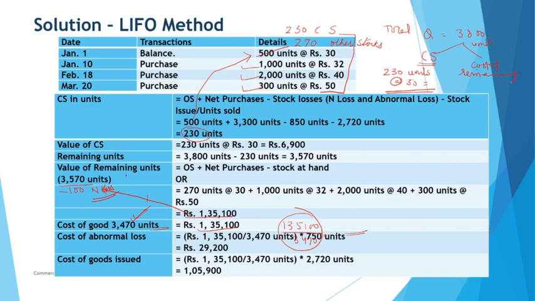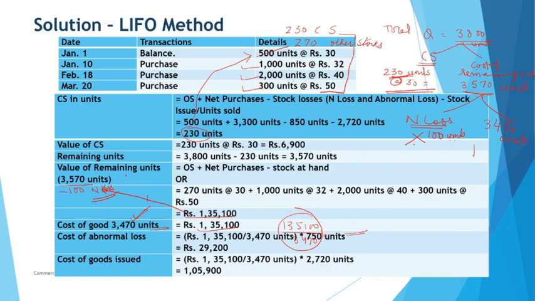Now how many units are remaining? So out of 3800 units, 230 units are left with us. That means 3570 units are remaining units, for which we are to find out whether these have moved out of the stores on account of what type of reasons. So one is that some of these might be lost due to normal reasons. So first of all, normal loss is measured. So this is a step-by-step procedure. Normal loss is not valued. It means the 100 units which are lost due to normal reasons, their cost will be spread over the remaining. So your good units are 3470 units.